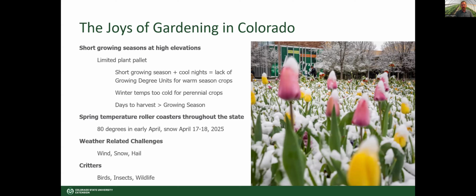So it's not just high elevation parts of the state, though, that can benefit from season extension practices. Even here in the Front Range, where we've experienced 80-degree days already this spring, not 90 yet, thank goodness, but we have hit 80 already this spring, only to be followed up with a few days of snow last weekend. So this picture of our beautiful tulips blooming here in Fort Collins on the CSU campus, covered in a blanket of snow. So again, it's not just folks in the mountain regions, it's all of us in Colorado can benefit